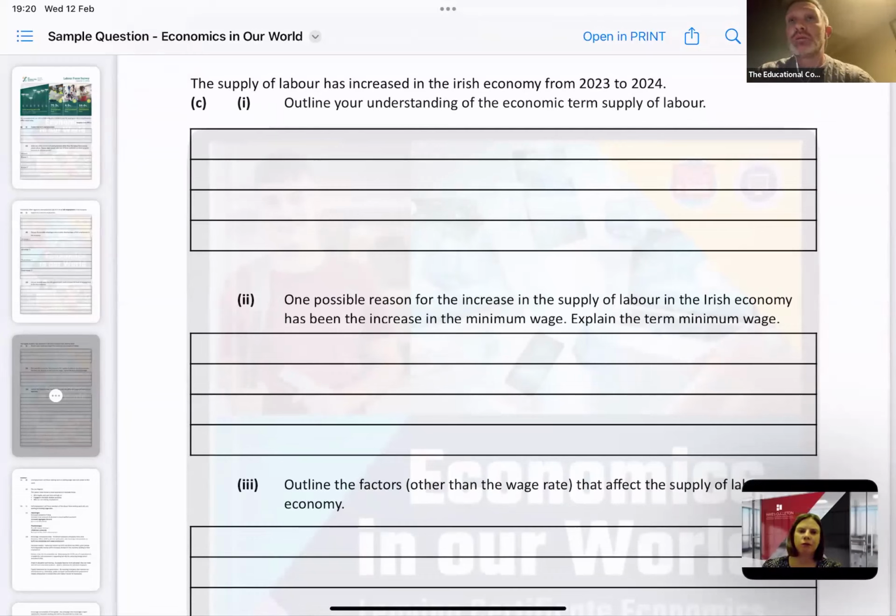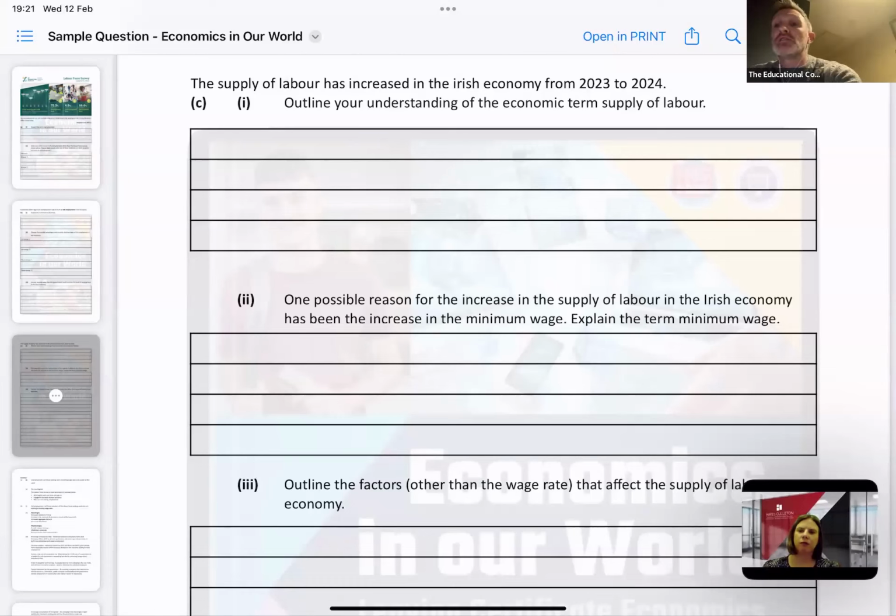So what could be linked with employment and unemployment? Well, labour is very easily linked, and the questions generally follow on to each other, and labour is a natural one here. So I've put that in here. Again, I mentioned it a while ago about the infographics. We get different information in different labour force surveys. So in one that they use, it is the supply of labour, so the total number of hours worked in the economy. So that's a natural follow-on there for employment.